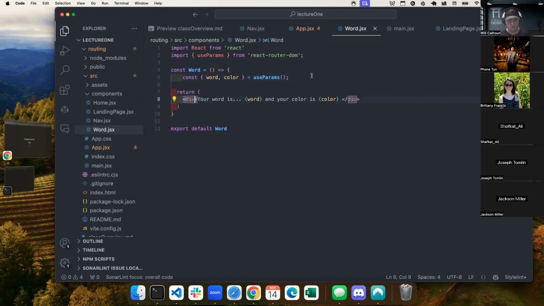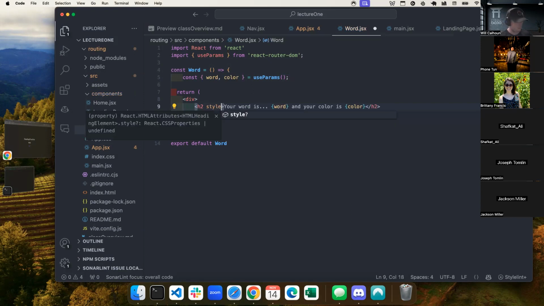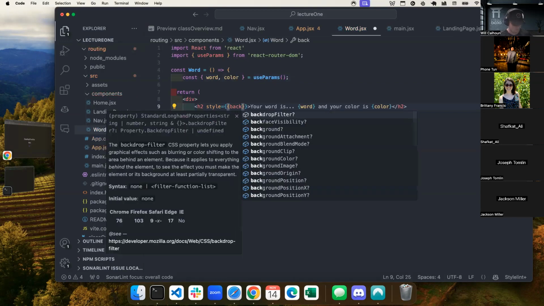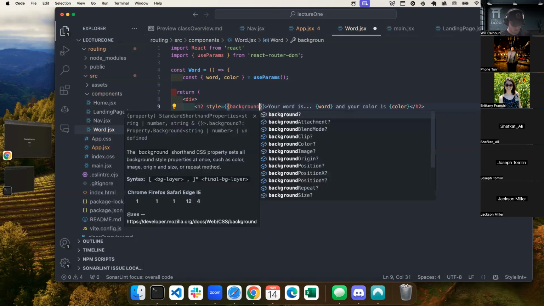You can even go as far as, let's say this was all in an H2. Or you can have fun stuff where you say style equals, and then background is color.